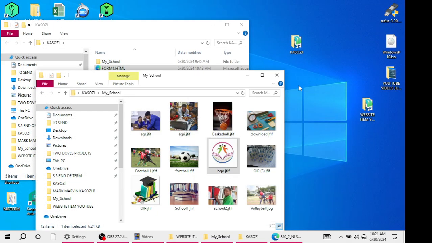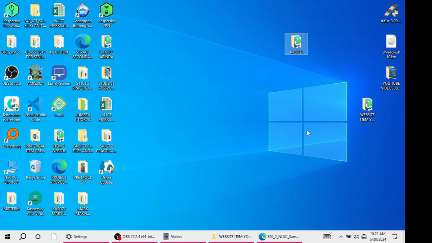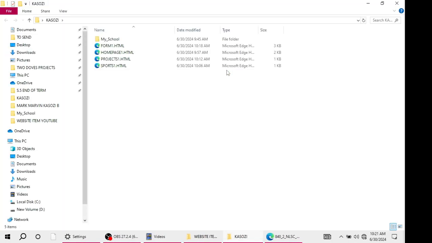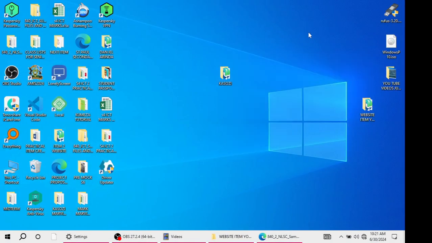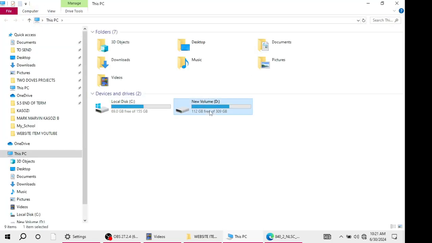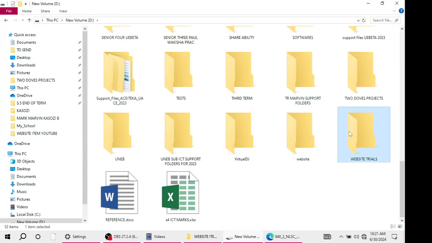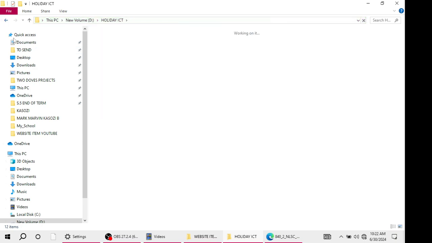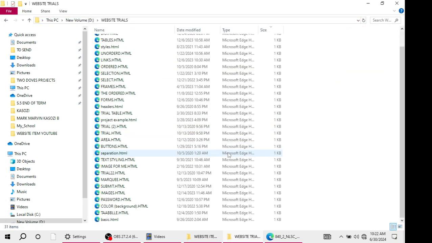Let me first close everything. I remain with my folder here, the one I'm using for codes. Okay. So on my computer here, I'm having a website trial folder. It's here. The website trial folder. Now in the website trial folder, you can find the codes of the other form I was displaying,